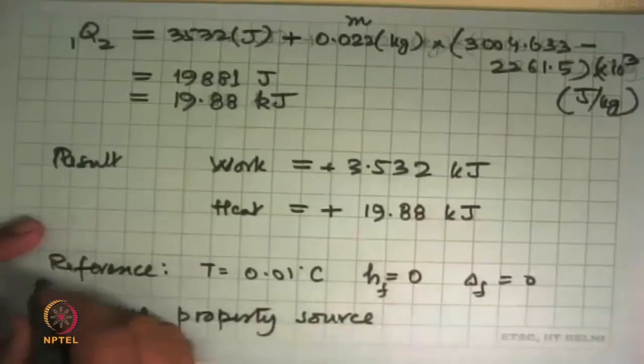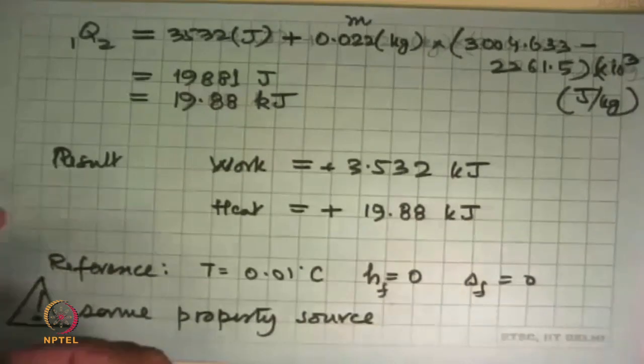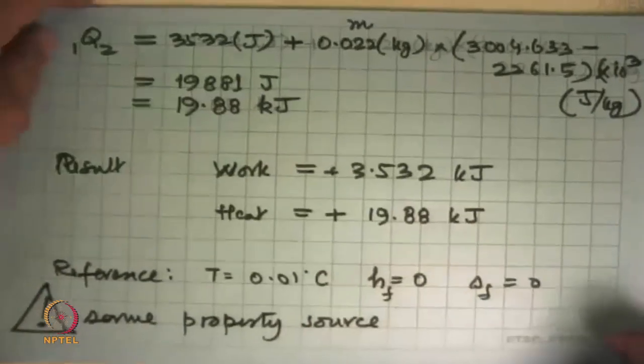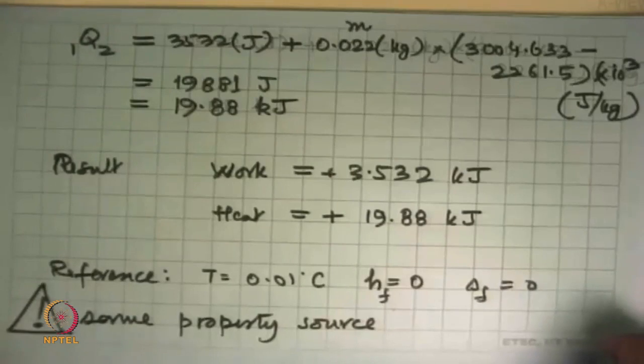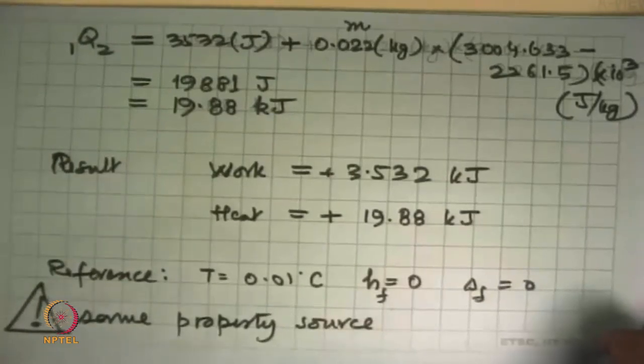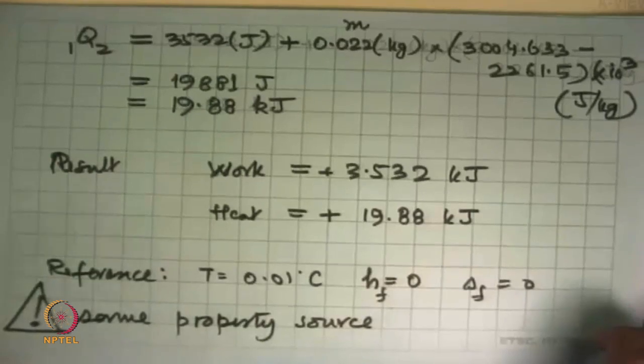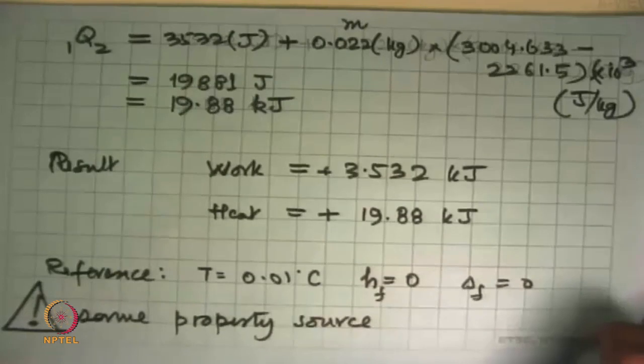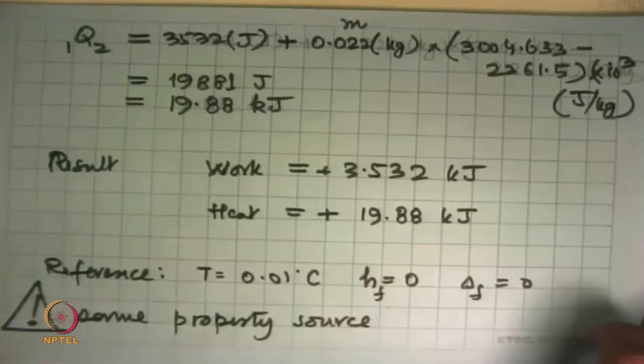And I'm writing this because the solutions that I have provided are based on one particular source that I am using. You could be using a different one and your numbers could be slightly different. That doesn't mean that you are making a mistake. But what is important is that up to the point of formulating the equation, if you are the same and okay, then you are on the right path. The numbers could be slightly off here and there, that doesn't matter, but they won't be largely different.